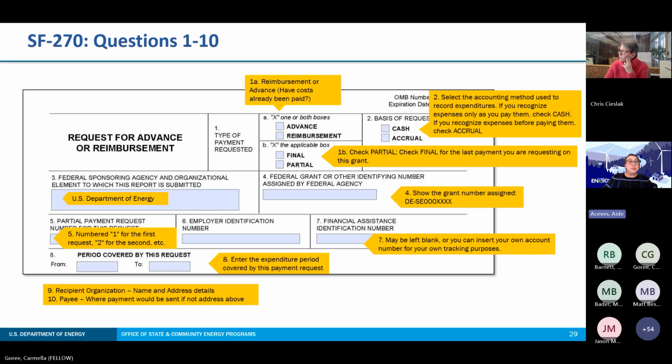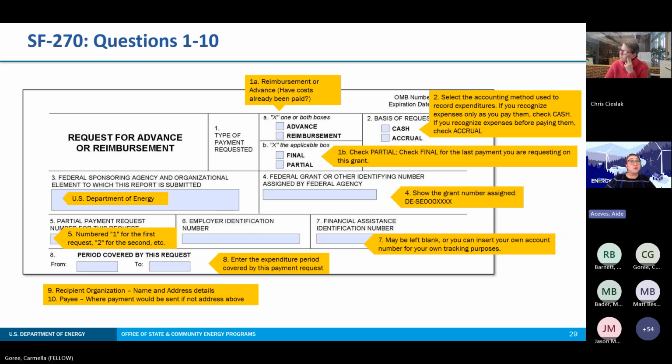Number 8, this is the period covered by this request, and these dates should also match what you have in your DOE Excel invoicing template. And then question 9, the recipient organization, that is your name and address details of your org. And then number 10, your payee, so where payment would be sent if not addressed above. Okay, so those are questions 1 through 10.